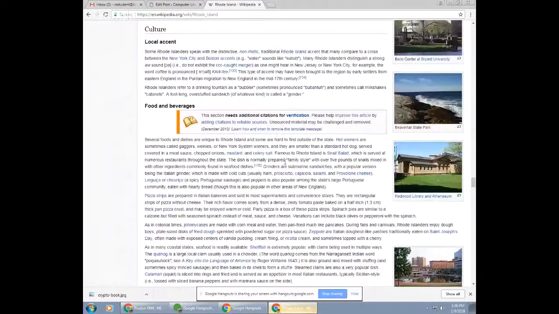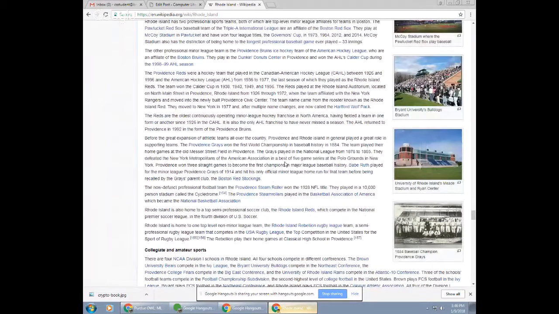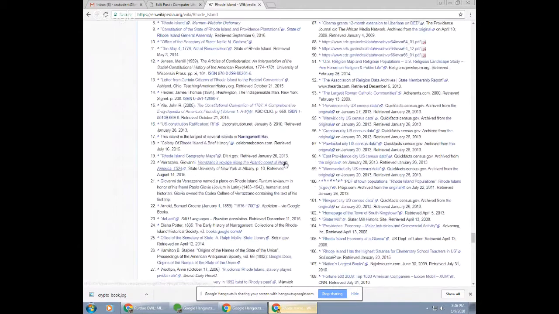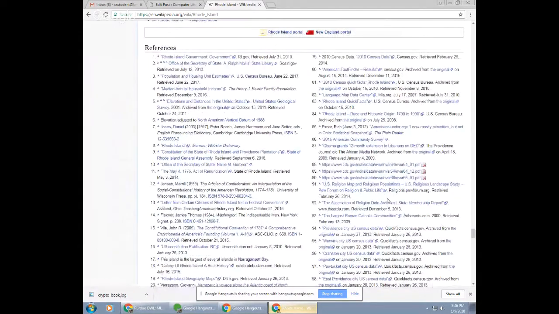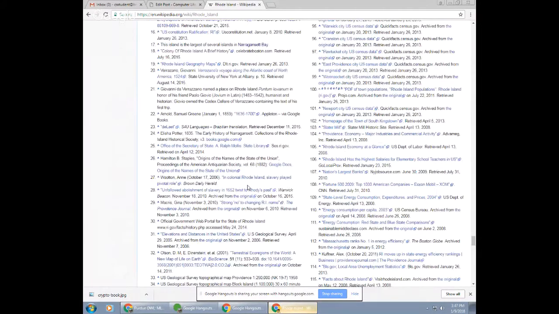Where's the bottom here? Come on. There we go. All of these are primary sources for information. So if you're doing a research paper, although Wikipedia will not be acceptable as one of your sources, you can look at the bottom of the Wikipedia page or find information that you like on the page and then go find out where they got it. So suppose, let's say I was looking at number 28. I can look at information about the abolition of slavery in 1652 in Rhode Island, and I can find an article about that,